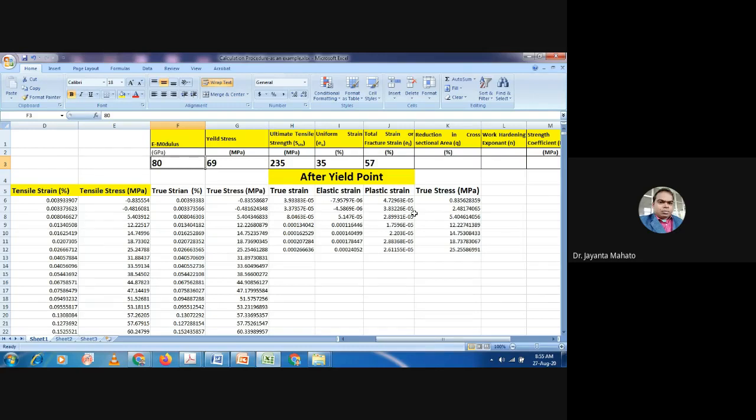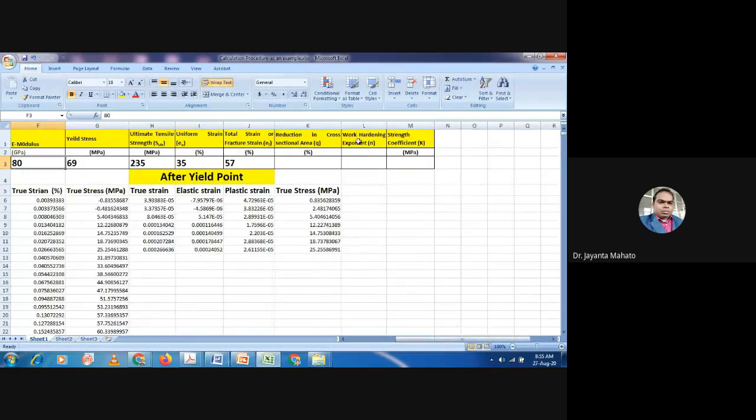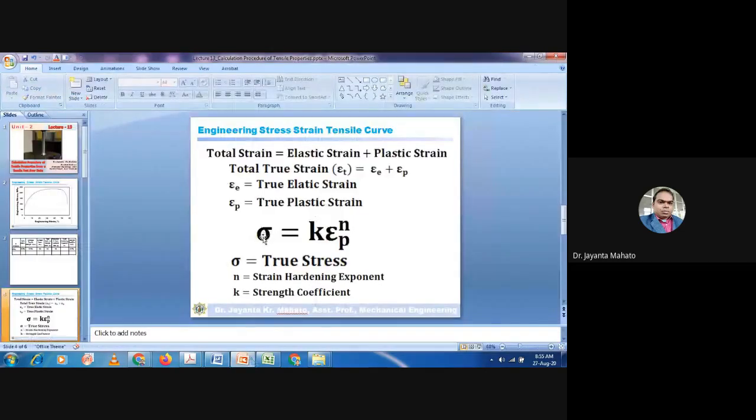Now you have to calculate the work hardening exponent and the strength coefficient, these two values. These values can be obtained from this relationship: sigma is equal to k into epsilon p whole to the power n.